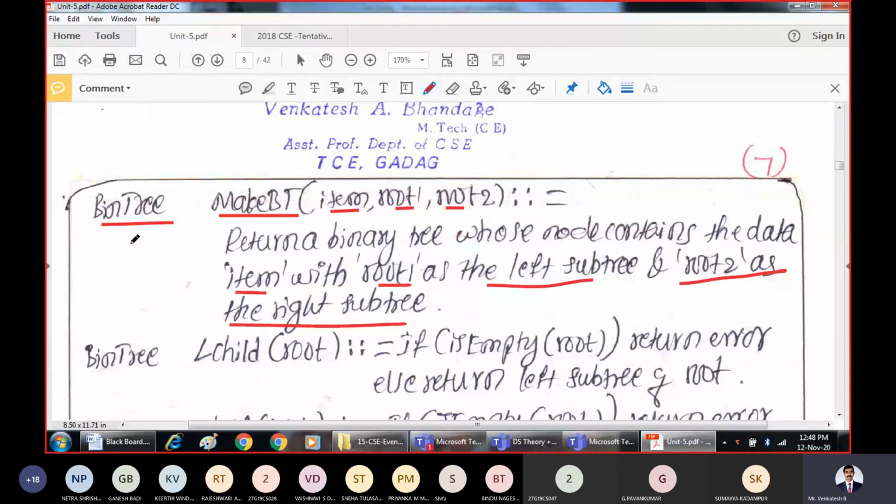For example, if item is 100, root 1 is R1, root 2 is R2, and you call it like this, it will return 100 with R1 as the left subtree and R2 as the right subtree. That is how this function works.